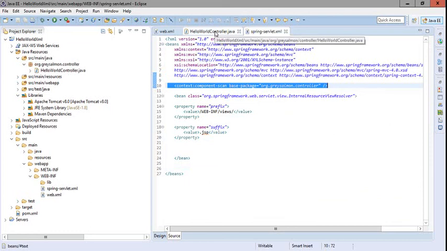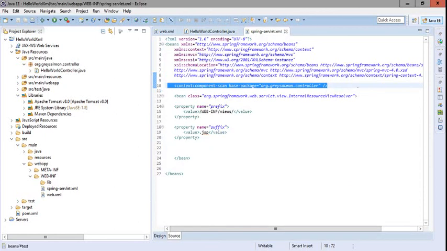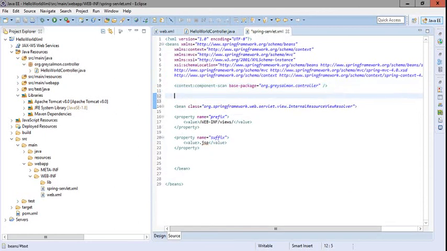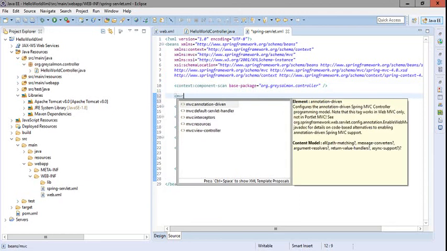The Spring Framework will scan all the classes in this package and search for the annotation controller above the class declaration. Here is the annotation above the class declaration, so our framework will automatically create the bean for this controller.